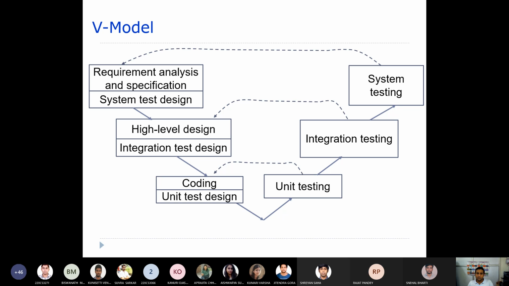It will be carried out correspondingly: first unit testing, then integration testing, and thereafter finally system testing.